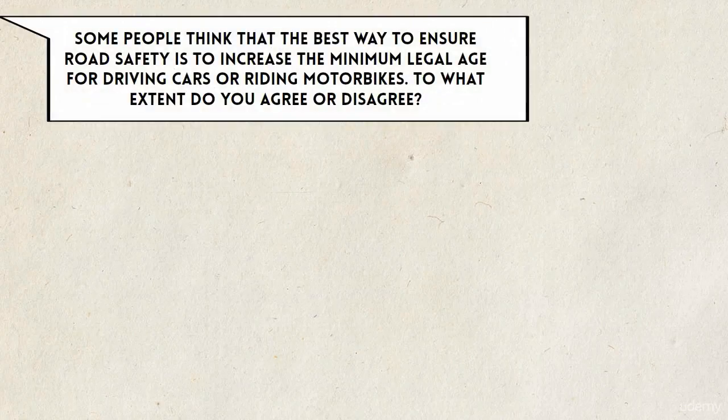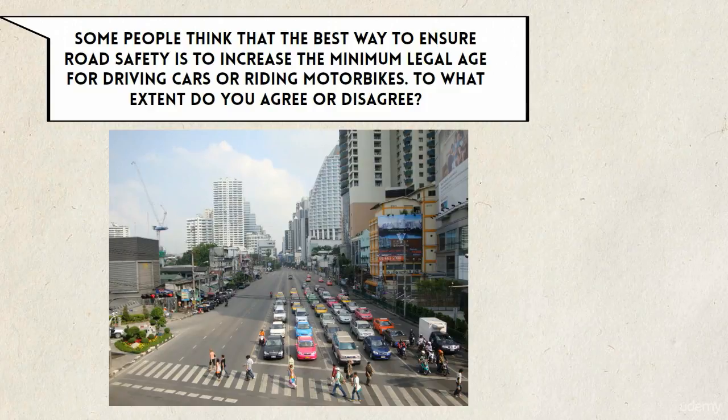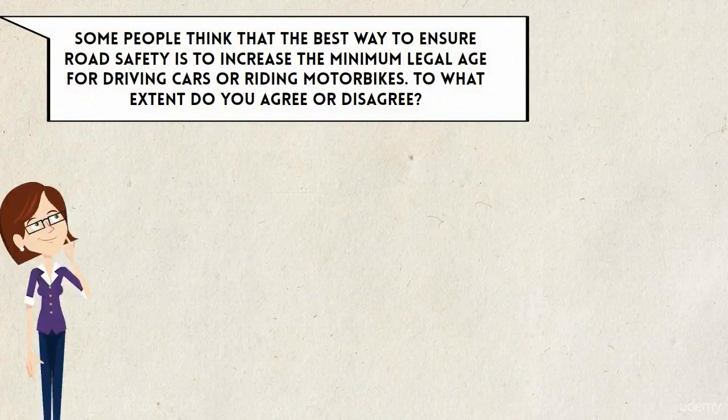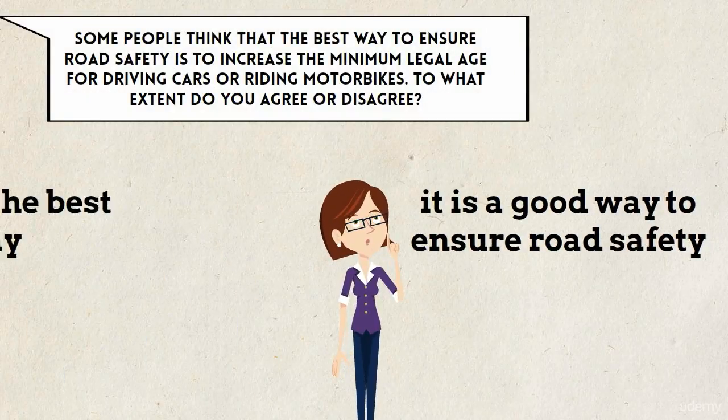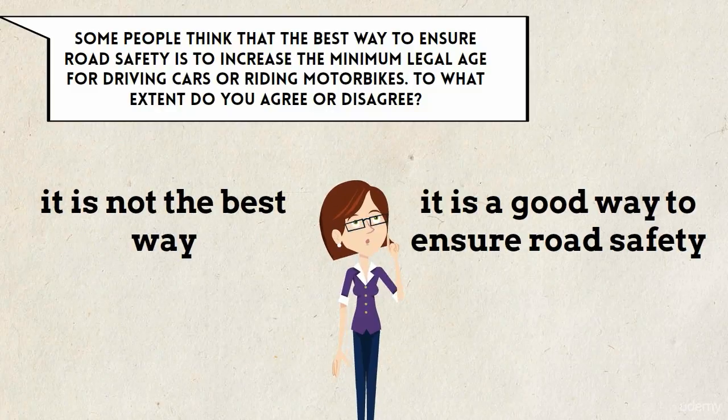Example question 2. Some people think that the best way to ensure road safety is to increase the minimum legal age for driving cars or riding motorbikes. To what extent do you agree or disagree? Supposing in the body paragraphs we have discussed that it is a good way to ensure road safety, but it is not the best way,